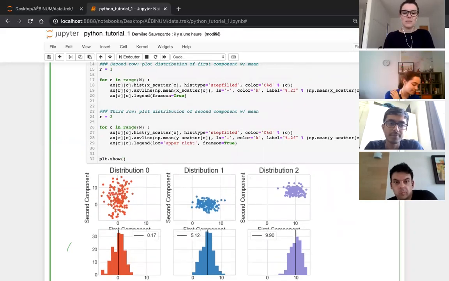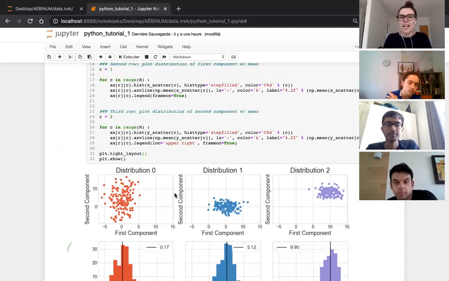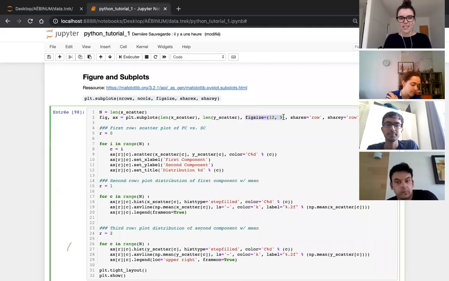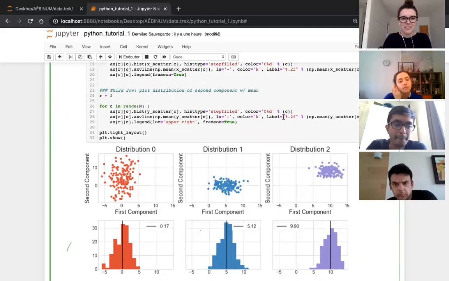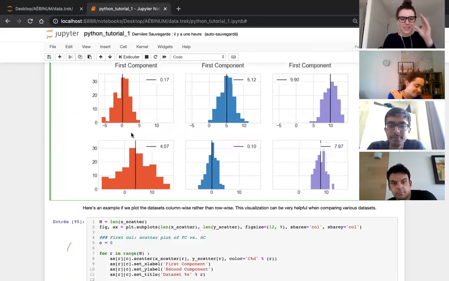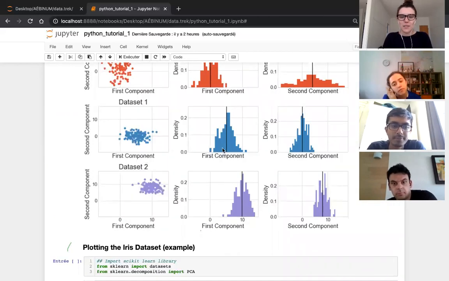I like to use plt.tight_layout, but then if you're very extreme in your labeling, you might have to change the fig size here. But it's a small downside for all of the greatness it does. And then this example. Any question with